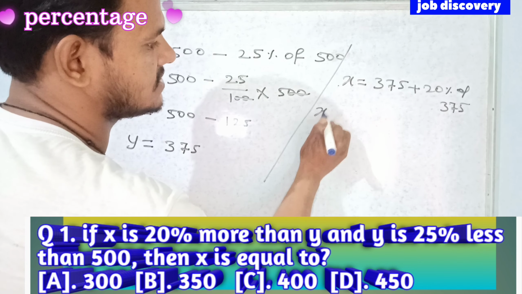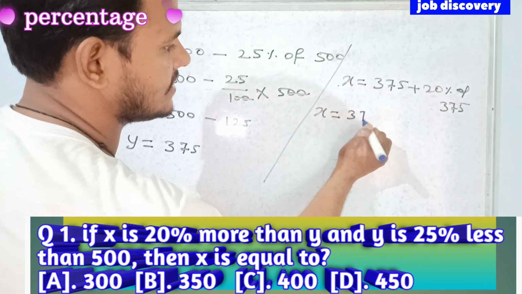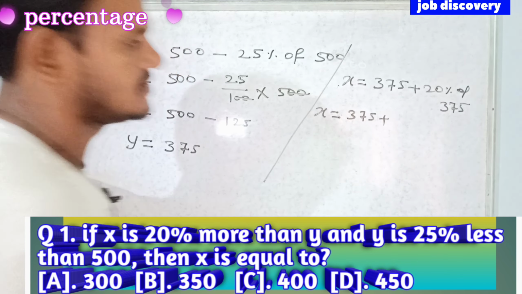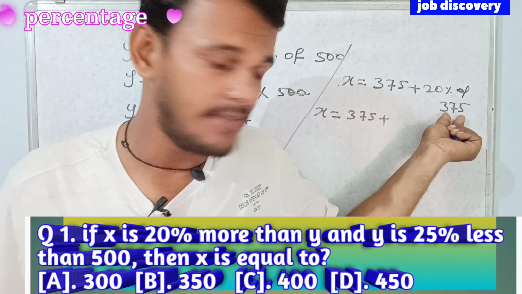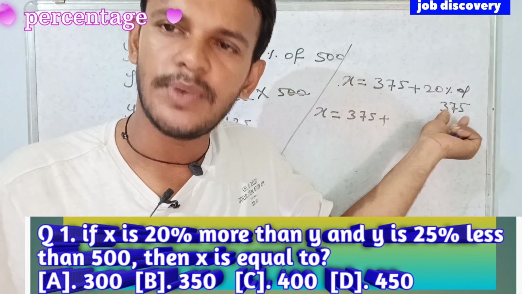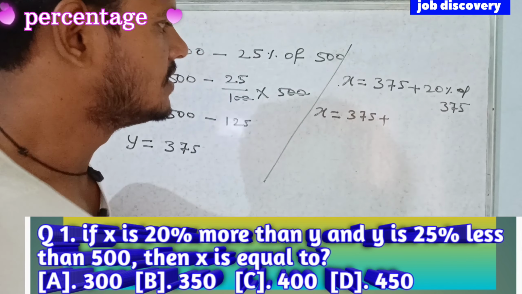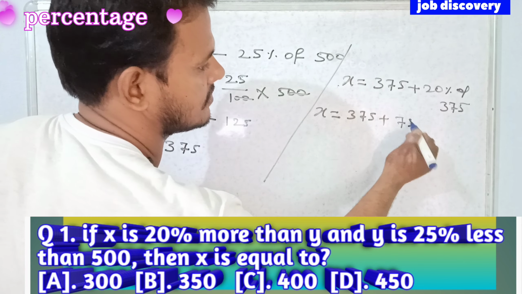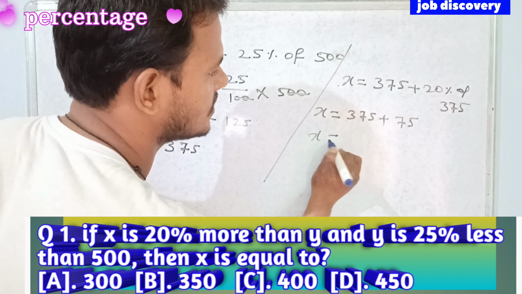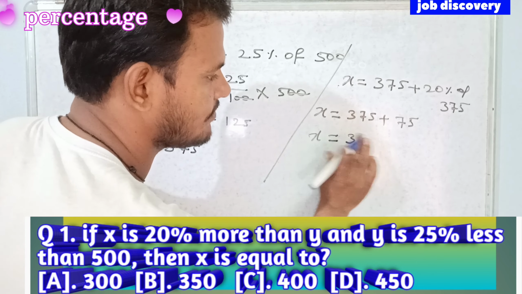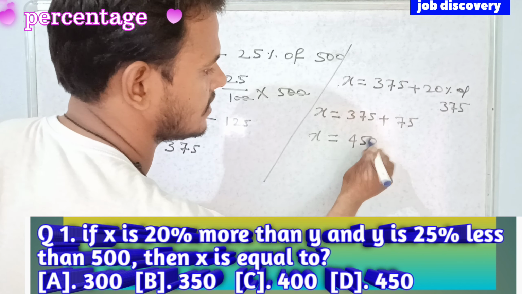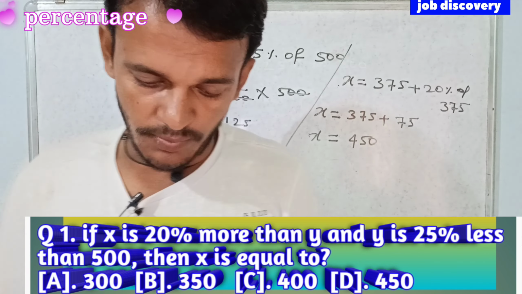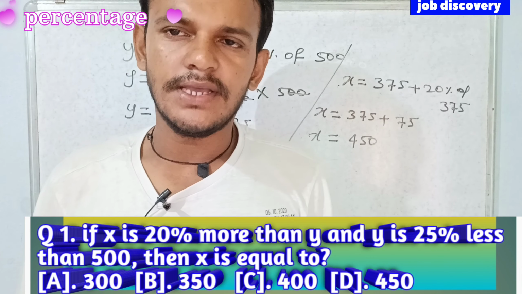So now see here, x is equal to 375 plus 10% of this number will be 37.5. So 37.5 plus 37.5 will be 75, right? So x is equal to 375 plus 75 will be 450. So option D is the correct answer,